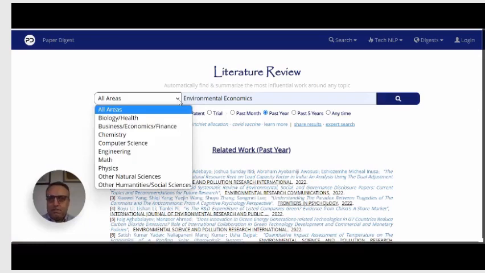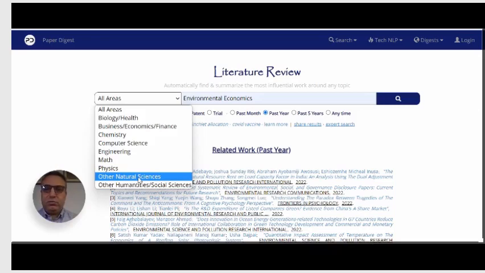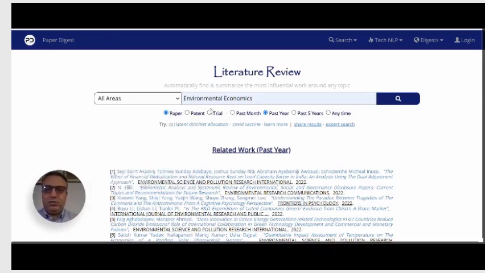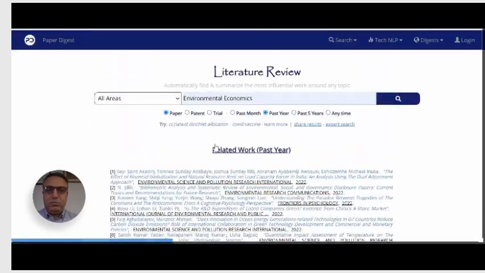Also, you can specify the area. So if it's within biology, business, chemistry, computers, engineering, math, physics, or natural science or humanities, social science, you can also focus your search on the literature based on these main categories. So these are the main concepts in this tool, but there is a rather amazing tool inside this